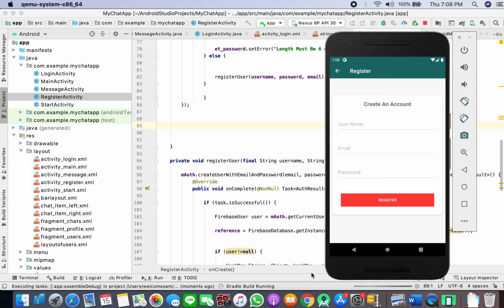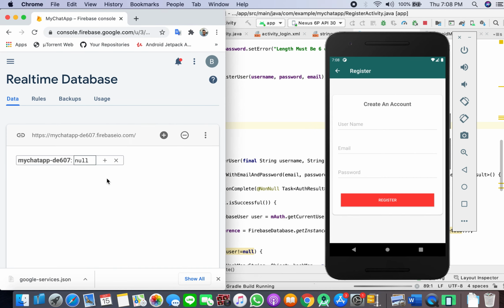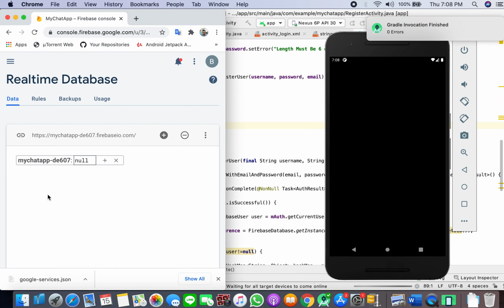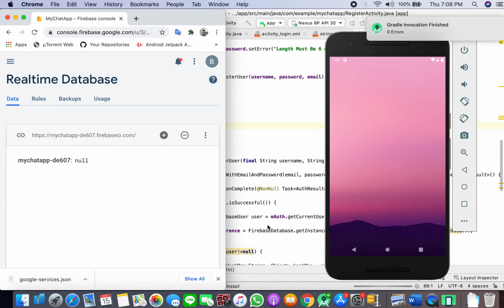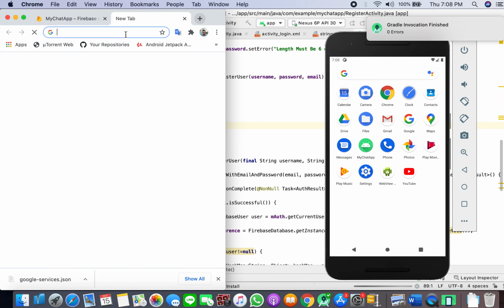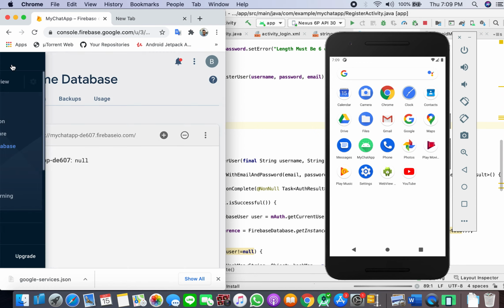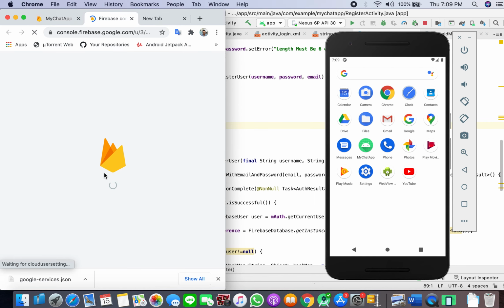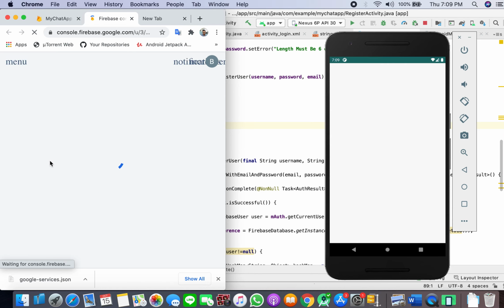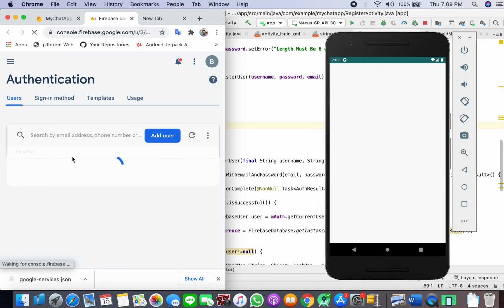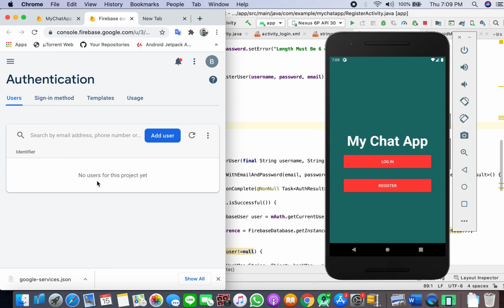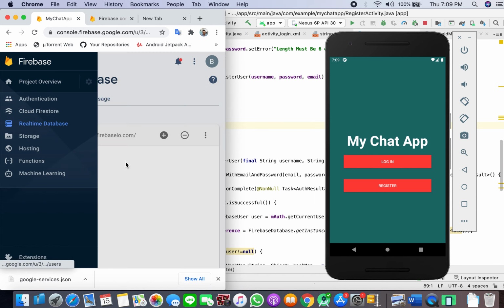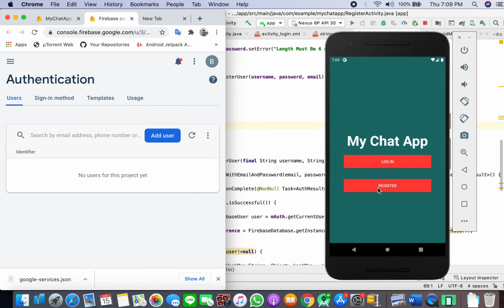Meanwhile it's running, I will also open the console. If it's successful, it should show us here the information that we have entered, and I will also open the authentication tab so you can see if the user is registered. If the user is registered successfully, you will also see the user email and information. Right now there are no users and there is nothing in the database. So we'll go here, register,